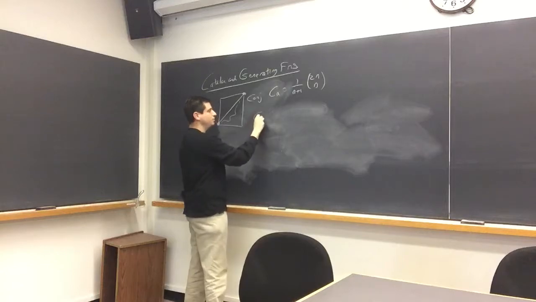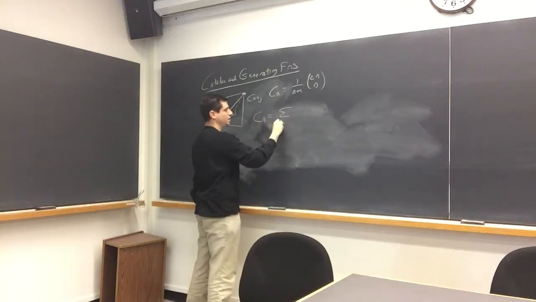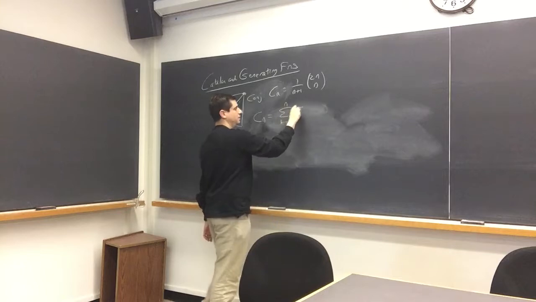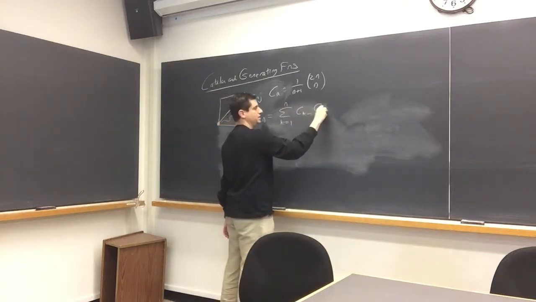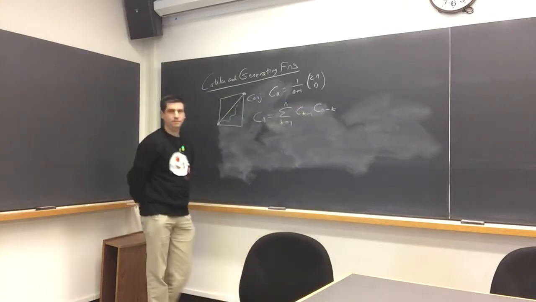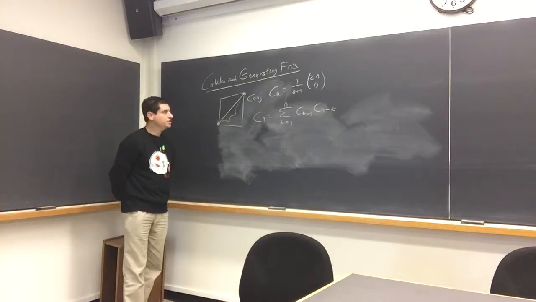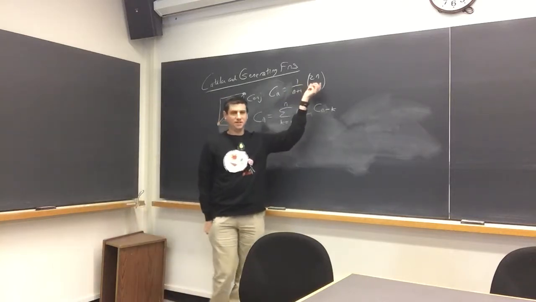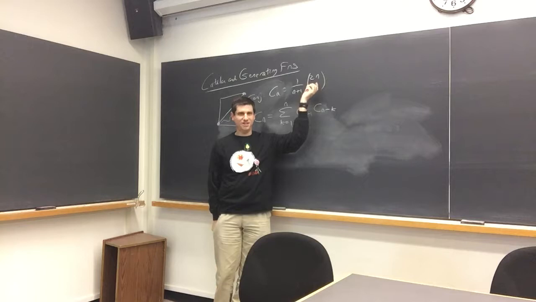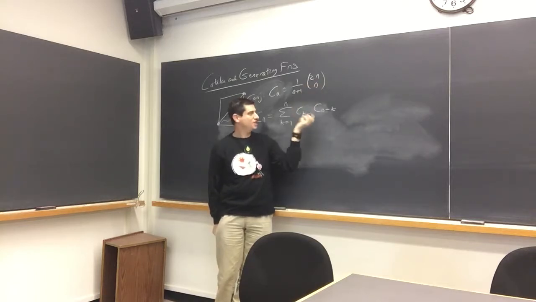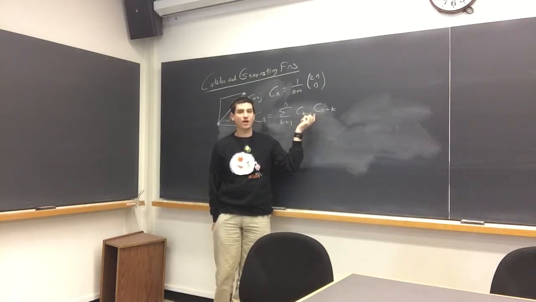And we had the following beautiful recurrence relation. Cn was the sum, I think k goes from 1 to n, of C_{k-1} C_{n-k}. And the question is, how do we solve something like this? Given that this is not something of the form r to the n, if we just tried our divine inspiration, it would fail. If we try this as a divine inspiration, this is now a, Lord help us, messy algebra problem.